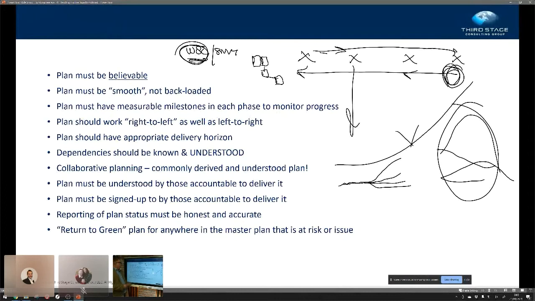Okay. And then the final thing on that is that green must equal green, and red must equal red, and amber must equal amber. And you must know what those mean, because again, most projects spend their entire life in amber, and quite a lot of the time you say, well, why is it amber? And I say, well, because we're not really sure if it's going to deliver on time or not. Well, my amber might be your red. How do I know? So having those clearly defined, having that well sorted out is really important.